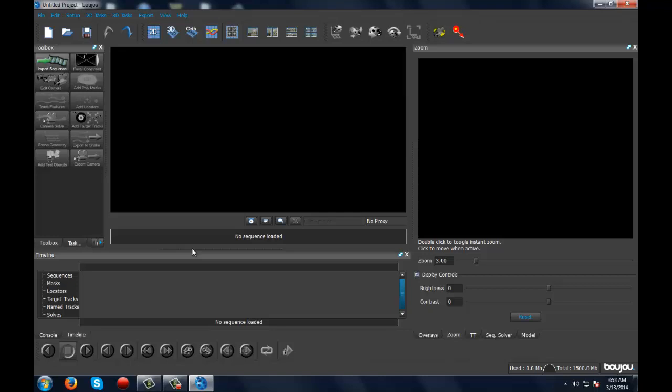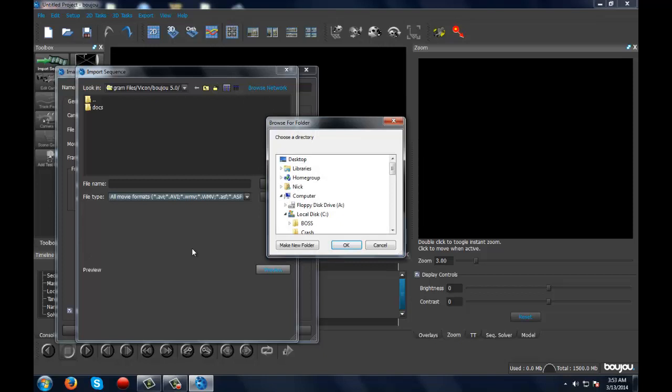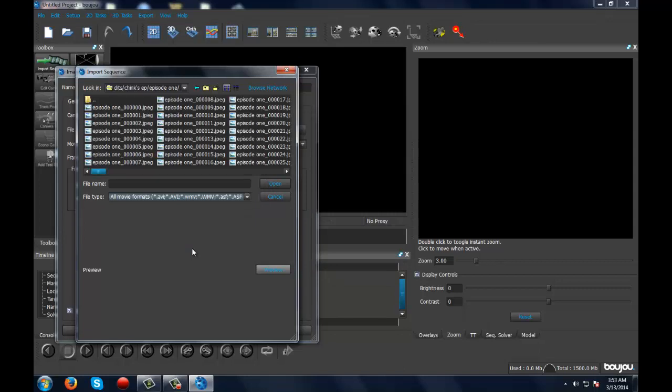Click Import Sequence up here, top left, toolbox. Now this part is really, really important so you don't mess everything up. I'm going to go down to the folder for my episode. I'm doing an episode from a friend, and he probably doesn't know this, and he's going to see this go up. So you click on the folder that had all your pictures in it,